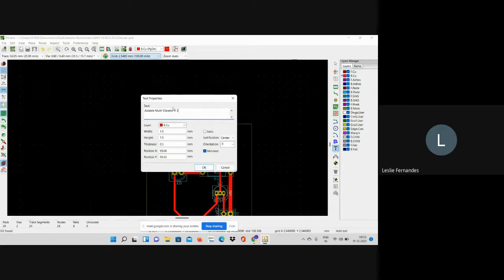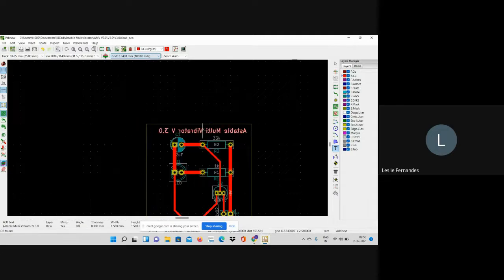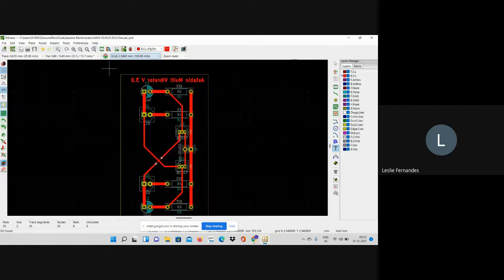And you can say this is version 3.0. So you'll be viewing it from the top. This is the top view. From the bottom, you'll be able to read it properly. That's why there's a mirror image. I'll place it.